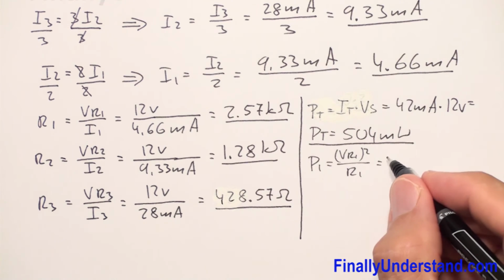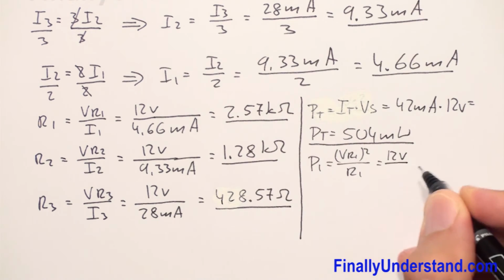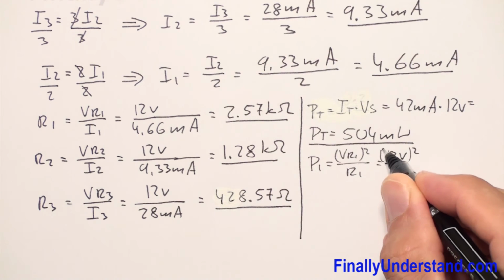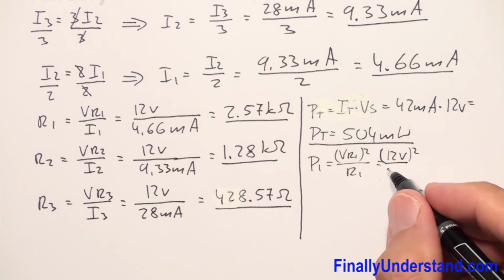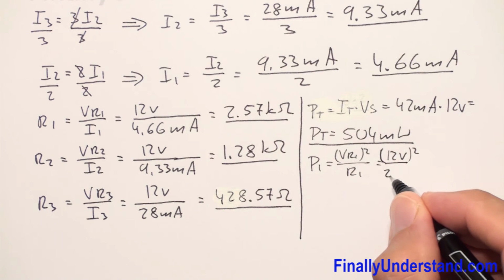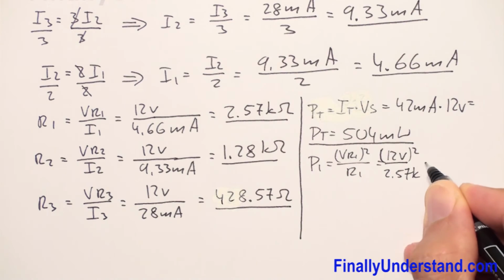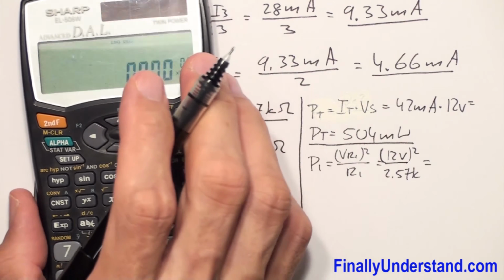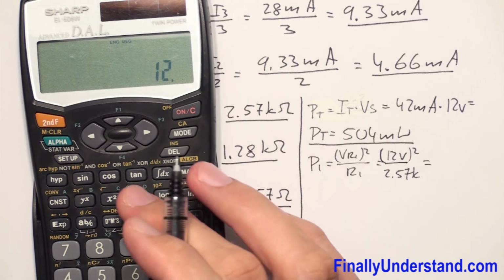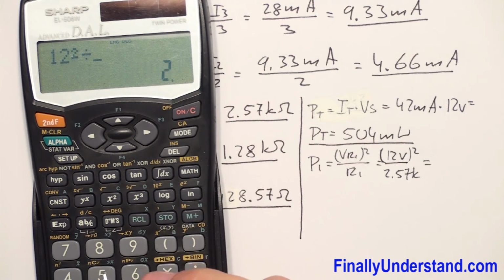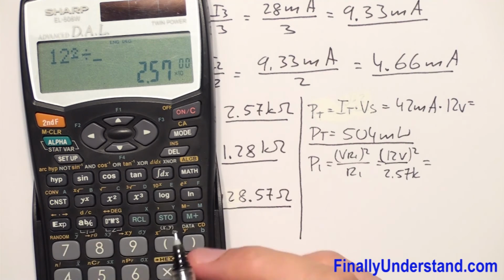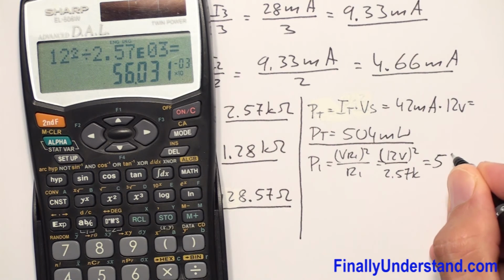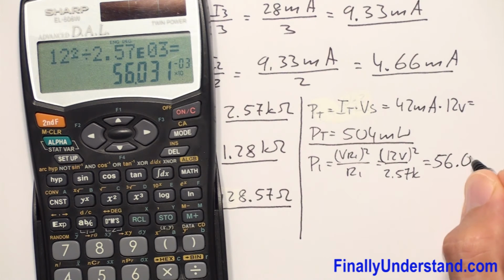So this is equal to 12 volts, of course squared, over R1, and R1 is equal to 2.57 K. This is equal to 12 to the second power divided by 2.57 times 10 to the third. This is equal to 56.03